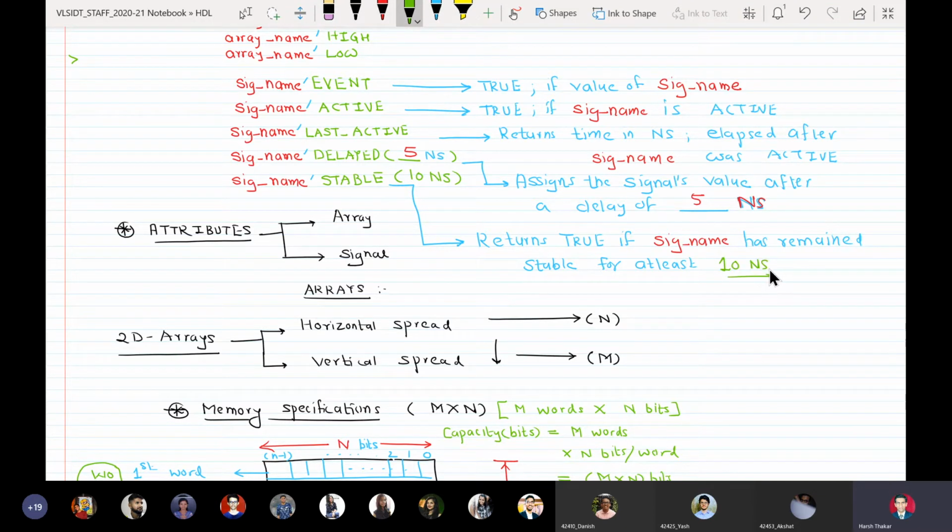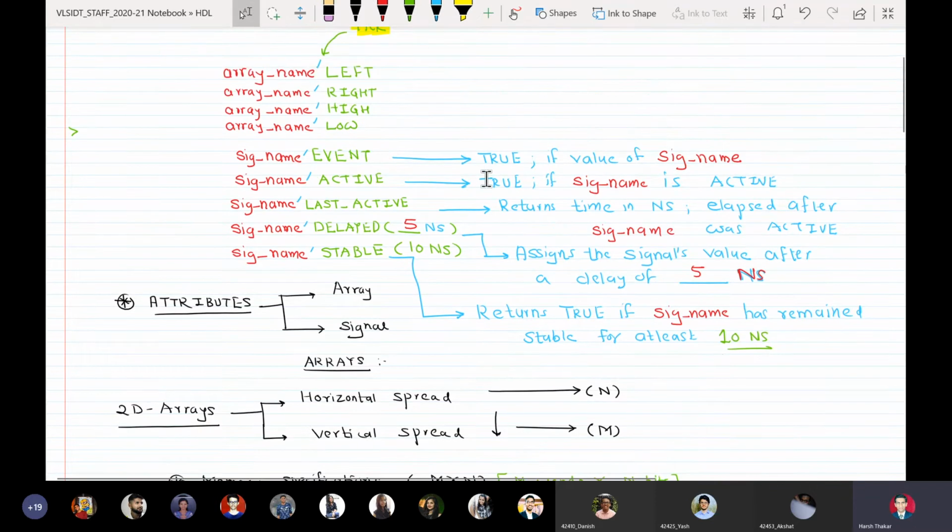Okay, so sig name tick event means this particular attribute returns a true value if the value of